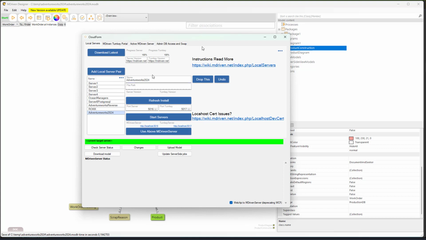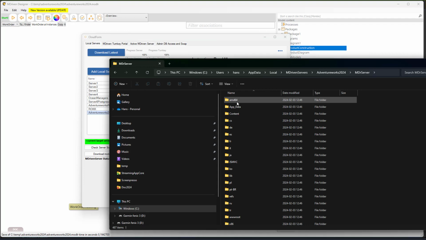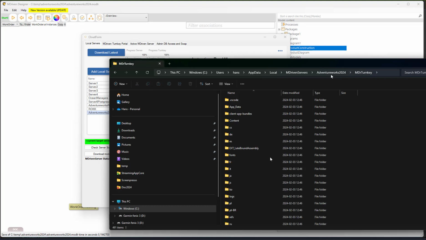I then make sure that I download the latest versions of these softwares onto my machine, and when I've done that I simply press refresh install on this slot here, and that moves the downloaded things into this slot, and I can open this folder here to see what actually happened on disk, and that was that there were 2 folders, and if I open one of them it contains a .NET Core application that can run standalone,